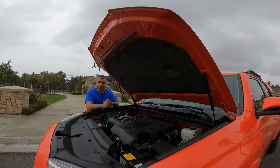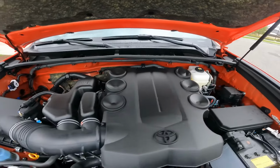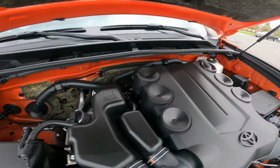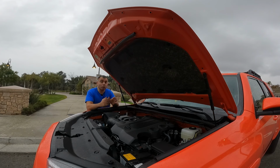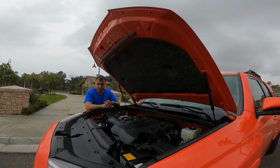All right guys, let's move on and talk about the engine of this car. There's absolutely nothing new about this engine. This same old engine and transmission has been used in this 5th generation 4Runner since 2010, and Toyota has actually been using the same engine since 2002. So this is a 21-year-old engine, and I can't wait for the new generation of 4Runner to come out, and they're probably going to have that 3.5-liter V6 twin turbo, the new engine that you see in the Tundra and